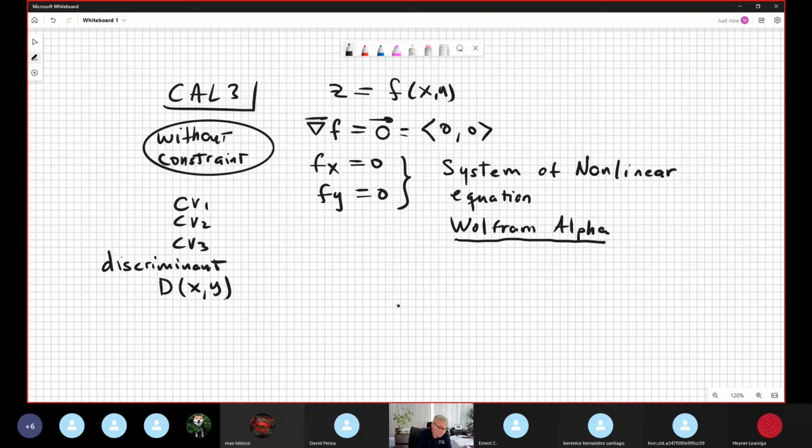Because it's used in classification, to say if it's a maximum, if it's a minimum, or if it's another thing. Now, the discriminant. The formula for the discriminant is the combination,